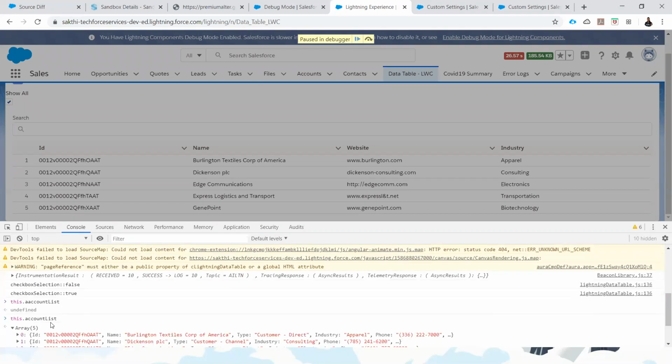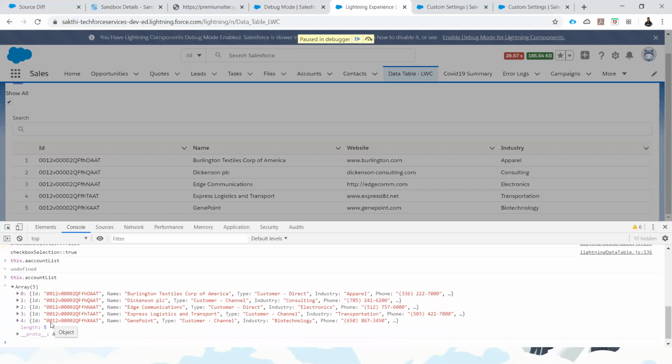Yeah, see here for this debug mode, while printing this account list, we can get the exact result. We don't need to further add JSON stringify. And additionally, using this approach, we can get LWC warning results, so that we know if there are any errors from the LWC framework, we can know about the error